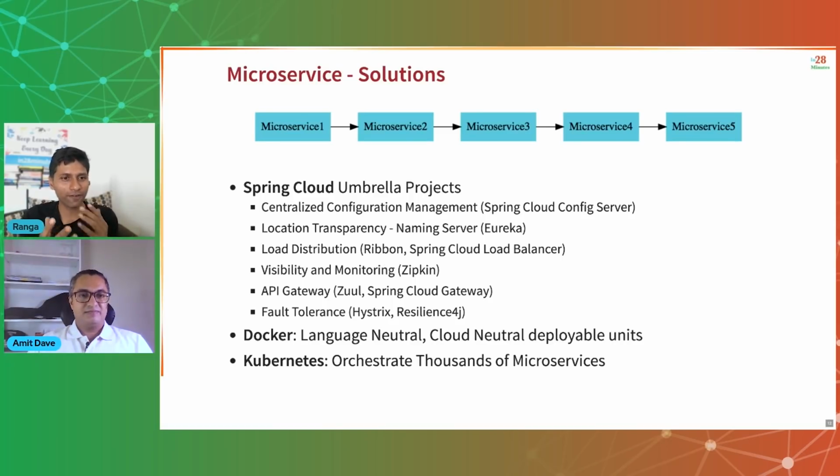I think that's the kind of world where containers came into the picture, right? When Docker came in, what it enabled us to do was take a microservice and build a Docker image, irrespective of what language the microservice is built in. The final Docker image, the way you deploy it, would be the same, right? Once I have a Docker image, it contains everything that your microservice needs. It probably contains the code or the deployable unit for your microservice. It contains the runtime that your microservice needs. It can be Java, Python, Node, whatever.